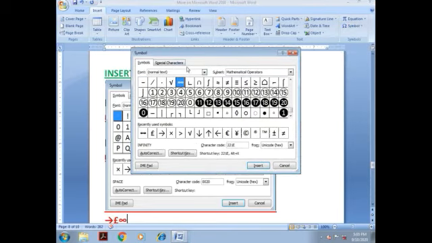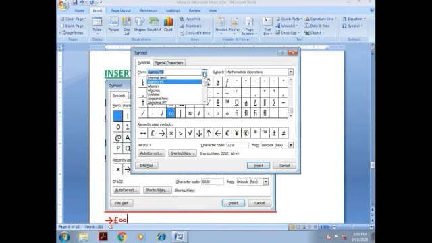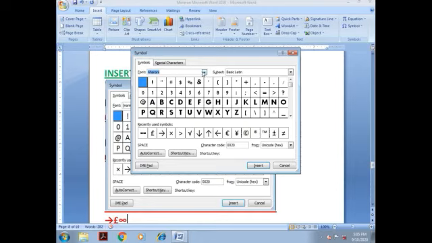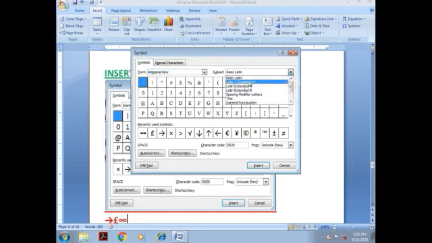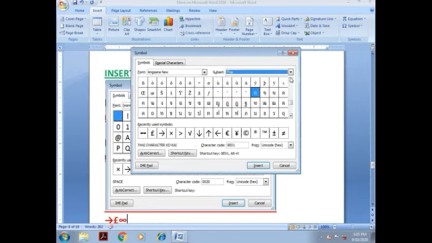A dialog box will appear and we can have any special characters, any font, and there are subsets also, and from the subsets you can choose any letter. If we want to use some letters regularly, then they will be stored in recently used symbols. We can select them from there also.